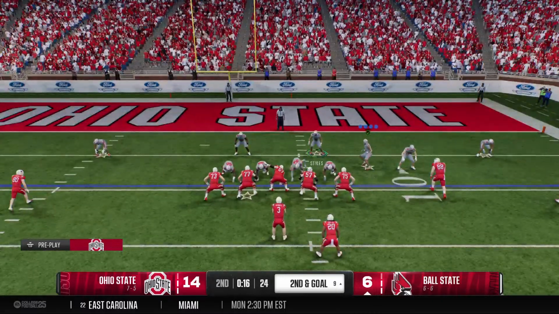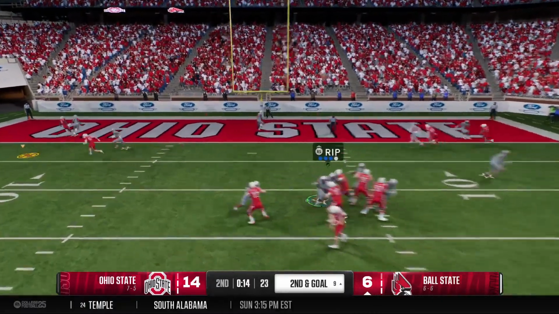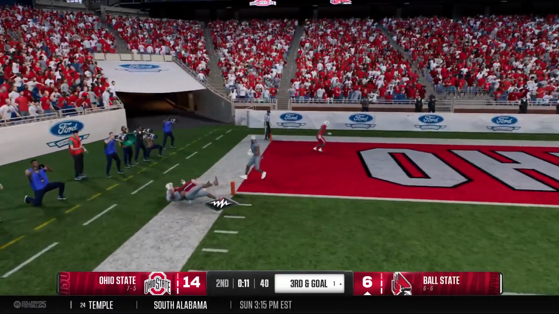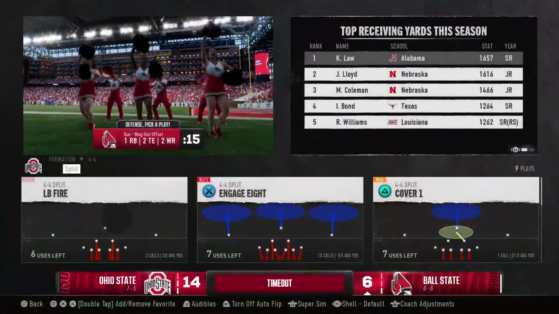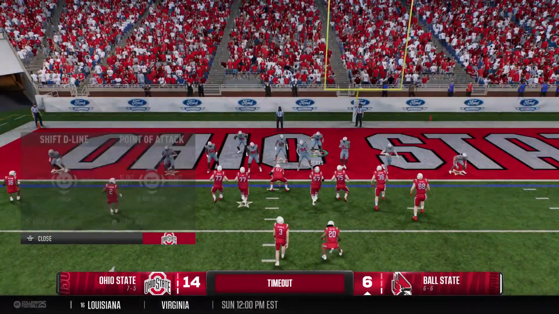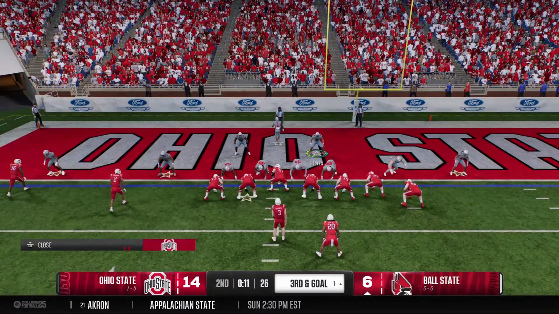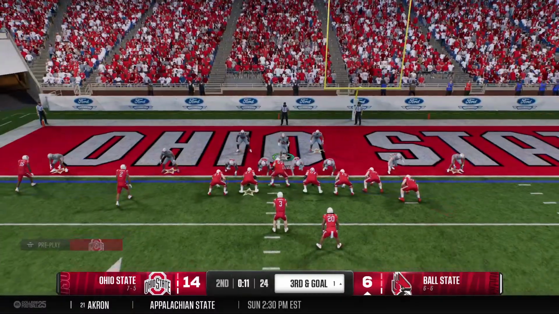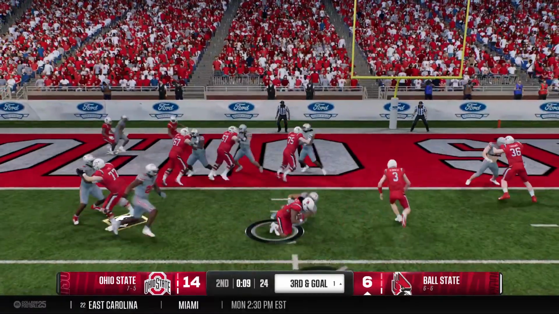Now a second and long coming. He's looking to throw. He caught it. And he was straining for the goal line, but the defense stopped him short. We got a timeout here late in the first half, and they'll try to get more points on the board before the break.